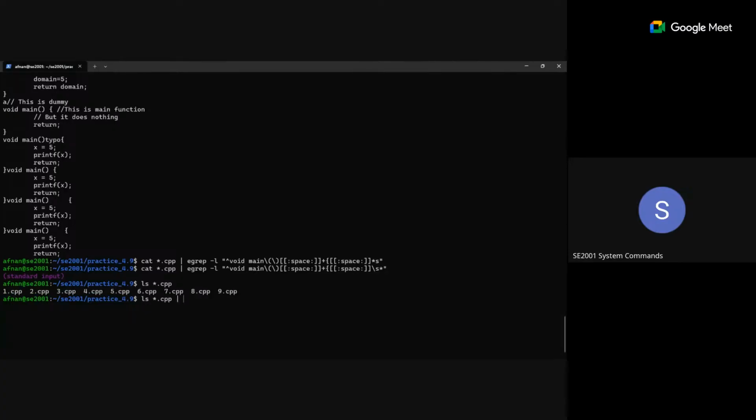So for example, if I do grep for 4.cpp, it is going to match it, right? Because this is your content now. But we are trying to match inside of the file. So that's why we cannot do ls. Is that okay? So this expression means grep on the given pattern in the input